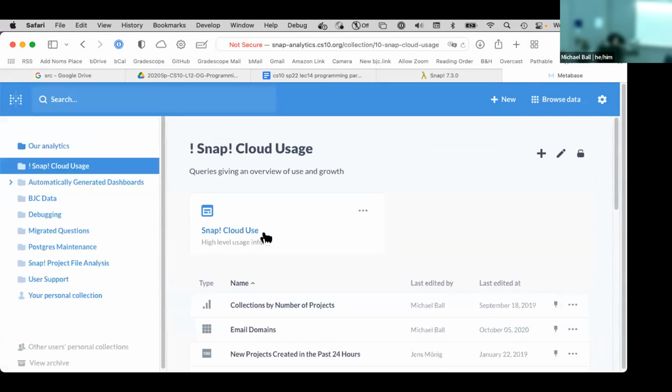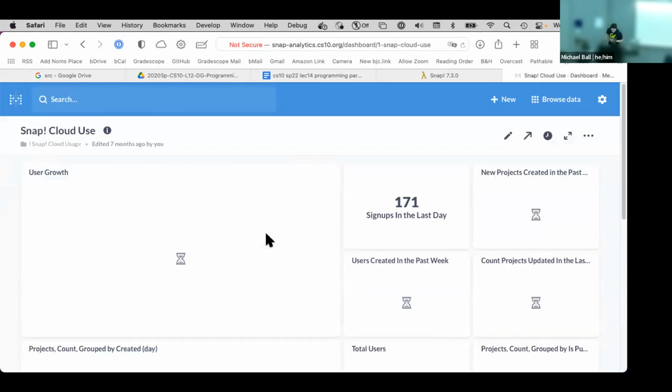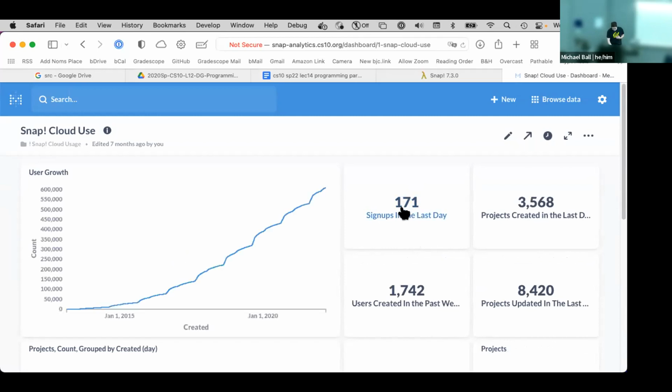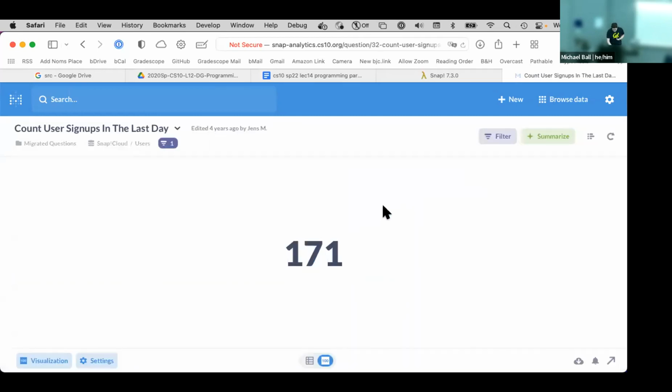Here we go. So one thing that we're not going to talk about is why or how SQL works, but one thing that I think is really useful about declarative languages and SQL in particular is that I can have a number like 171 people signed up for Snap in the last day. And what I can then do is,